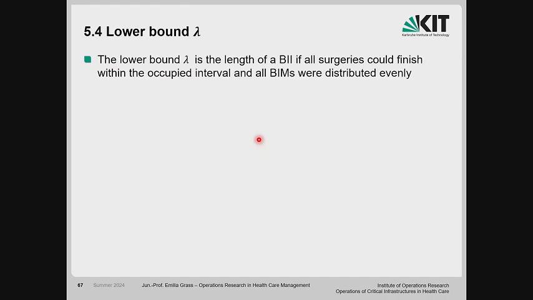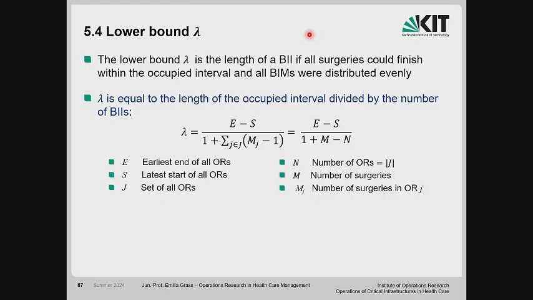Okay, and for this we need a lower bound. Okay, so the lower bound lambda is the length of these intervals. Okay, this is the minimum length. So if it's 50 minutes, you would like to assign the surgery so that you have always 15 minutes in between. So every 15 minutes a surgery finishes. Okay, the formula is simply the occupation interval, E minus S, divided by the denominator. So the first one here is,